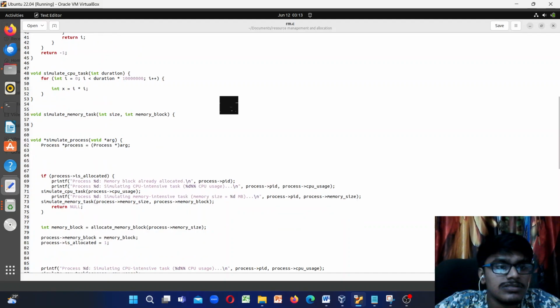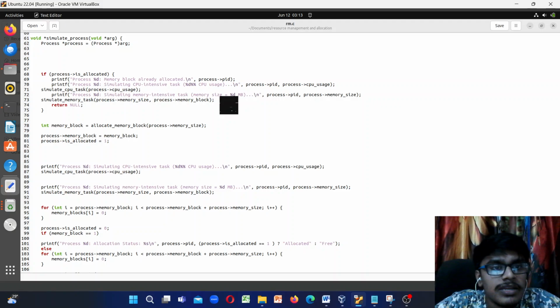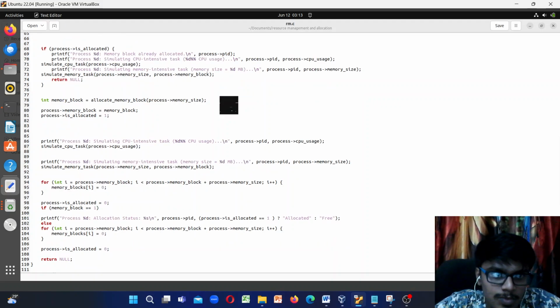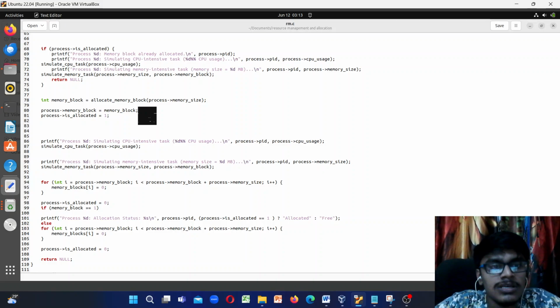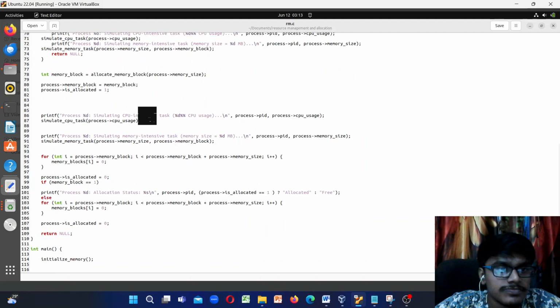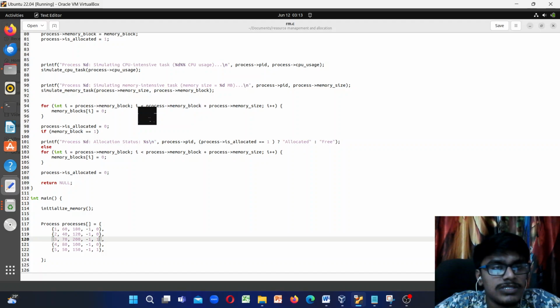We have simulated process in a given condition. Process allocated. I have printed the memory block and printed the simulating CPU intensive task, and I have called a function, then I have returned null, and I allocated the memory block. Then the process allocated is 1, meaning the memory block is 1, which means the process is allocated with memory, and we are printing the simulating CPU intensive task and memory intensive tasks. We have called a function for CPU and memory the same,